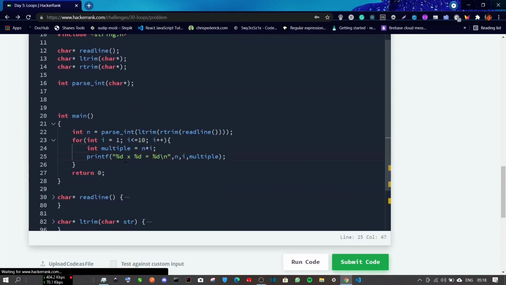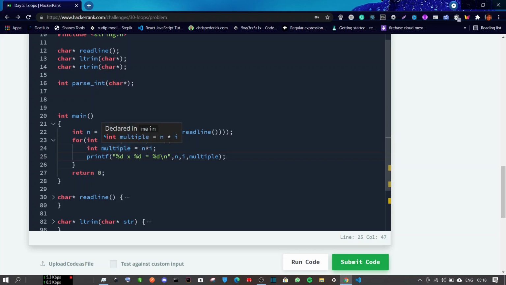Once again, this printf statement is used to print something in C language. These %d are the symbols where integers will be replaced. For every %d, we are writing some integer that is going to replace these %d's. So for the first iteration, the value of, let's say, n is 3.